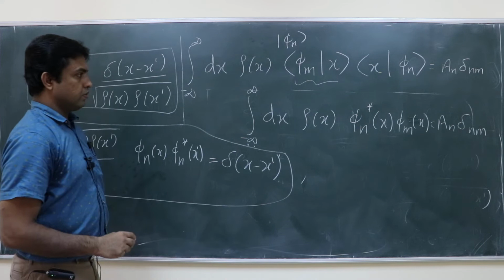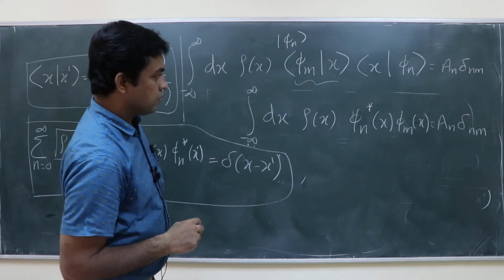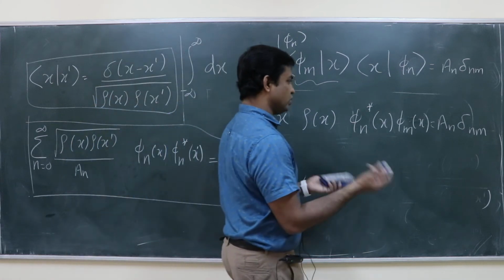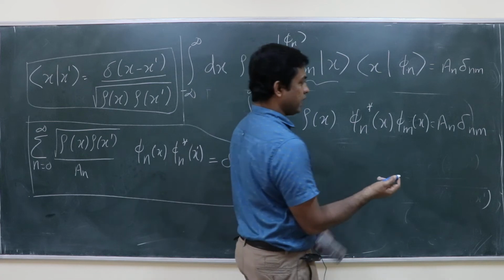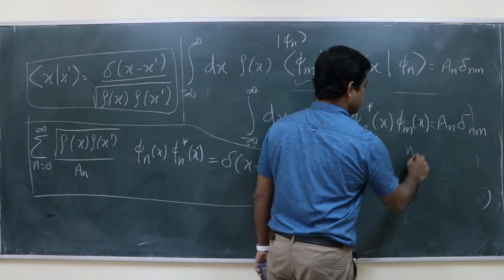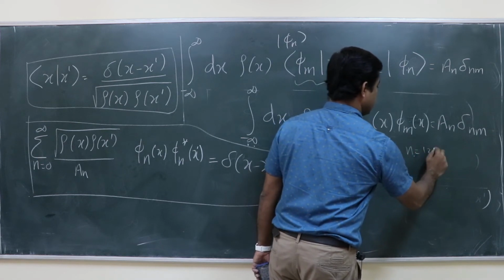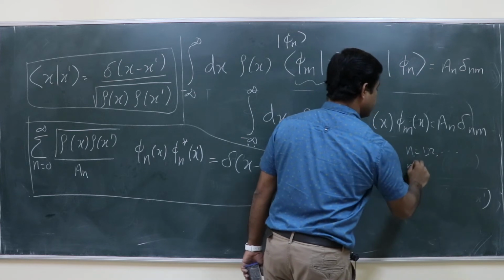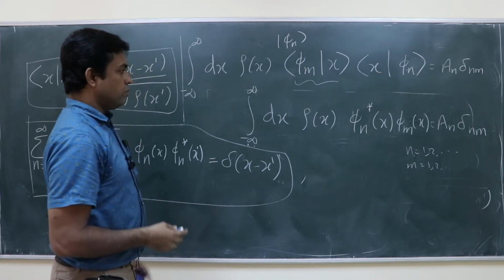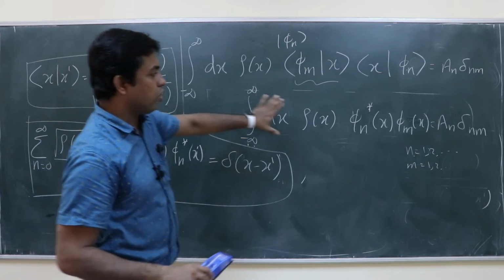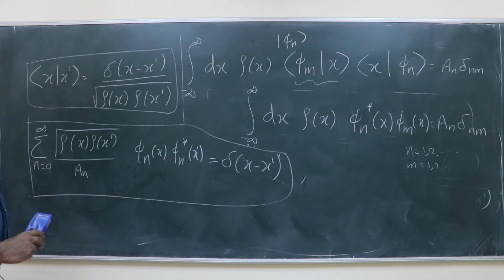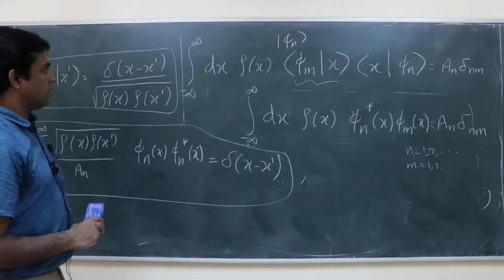So there should be m in the first term and n in the second term, phi m and phi n. It actually does not matter, because this is for any n from 1 to infinity and m from 1 to infinity, so that is not an issue. So this is the orthogonality relation for the polynomials phi n of x, and this is the completeness relation for that same polynomial.